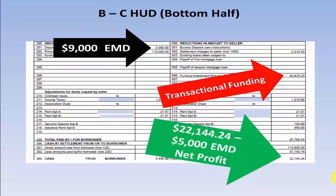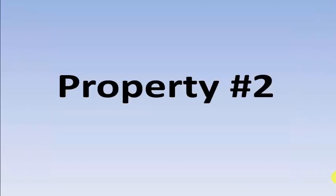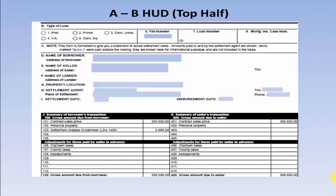What's important here again, the end buyer put up $9,000. So in the event he didn't close and we lost the $5,000 on the A to B leg, if we couldn't find another buyer and couldn't close, we would have netted $4,000 on the transaction without ever closing. There's the happy guys. Property number 2, this is the A to B top half of the first leg of the HUD,